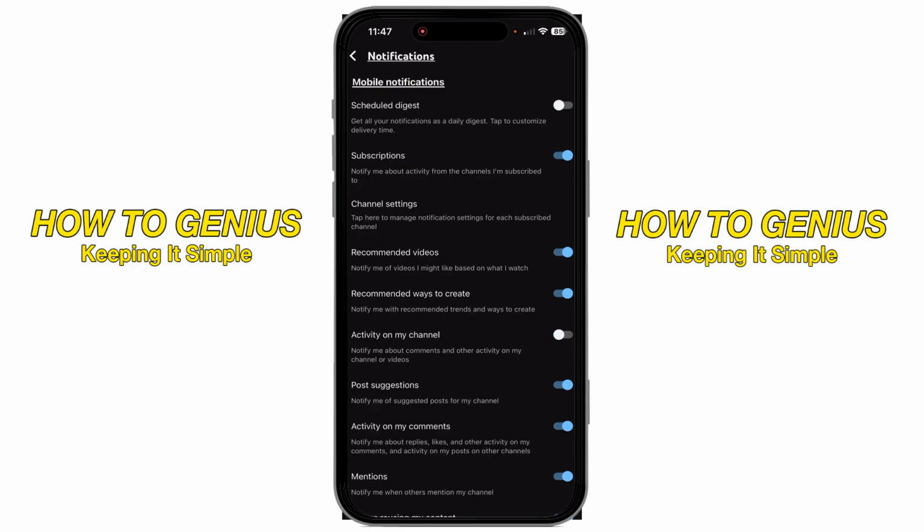And from here, you can turn off a lot of things. You can really specify and make it very specific to what you want to see and don't want to see. But if you're someone that just wants them completely turned off and you don't want to go through and toggle